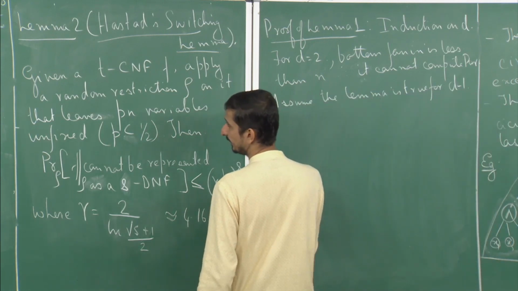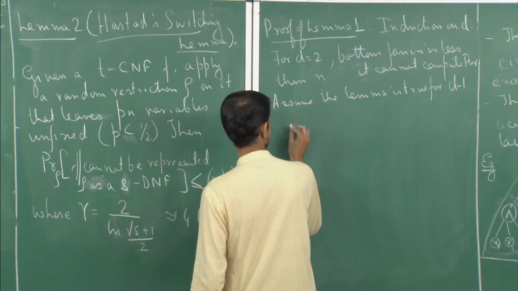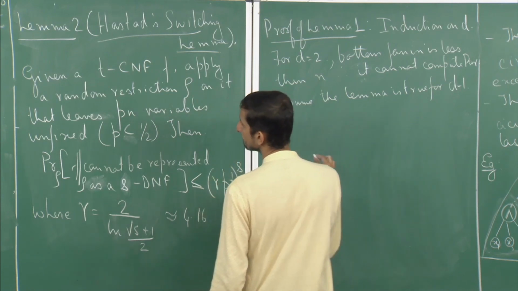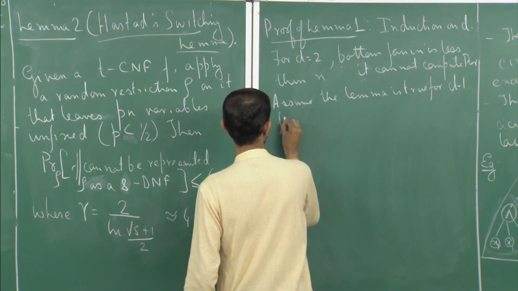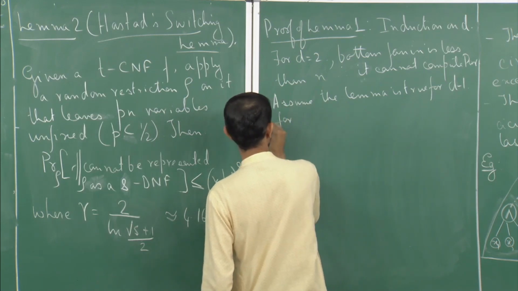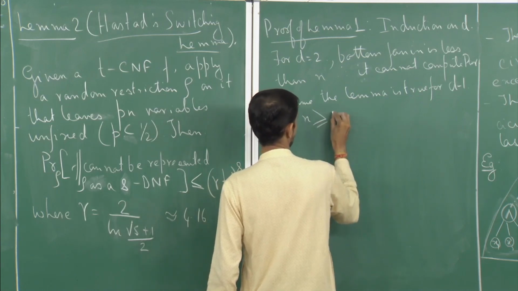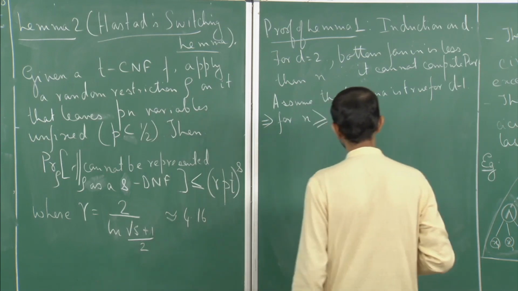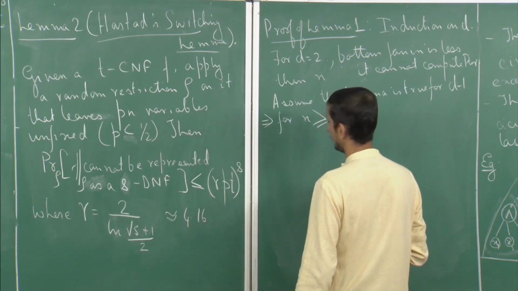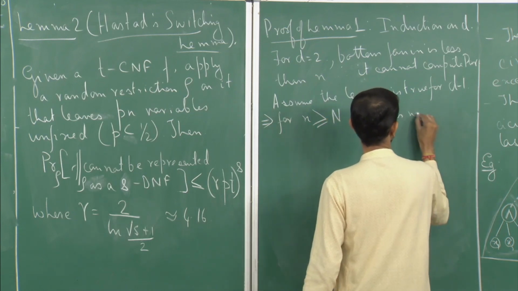Okay. What does that mean? That means that for n greater than or equal to some large number capital N, okay, there is no